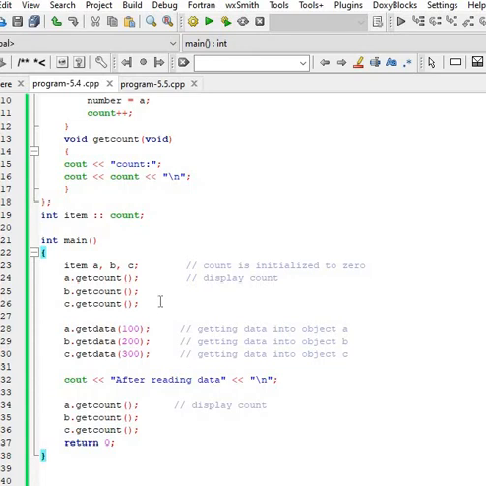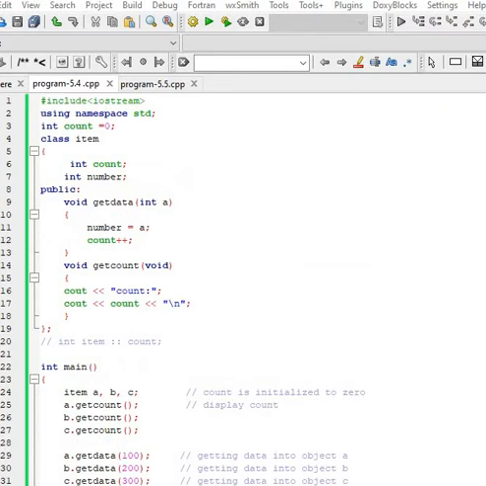We'll just check once by removing static. You just observe the output by removing static there, and look at line number 3 here. You just try to make some changes and observe the things. Look at line number 3 and what I made it, and look at line number 20 also.